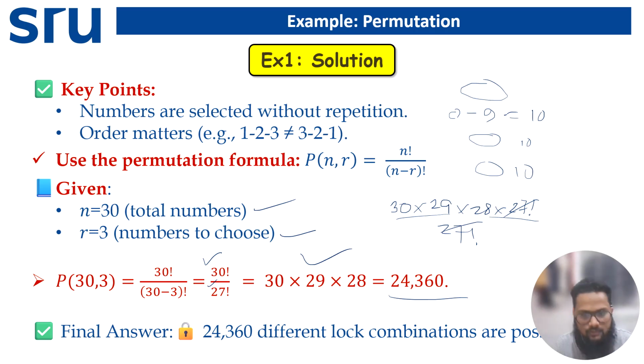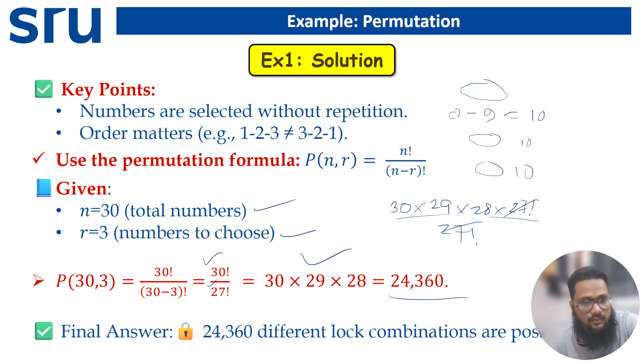You have to think about two things here. One is why permutation is applicable in this problem. Second is what the values of n and r are. And also you have to think whether it is the permutation formula with repetition or without repetition, as it is already mentioned in the question that you have to take only elements without repetition, right? So the final answer is 24,360, which means 24,360 different combinations of the lock are possible in that case,